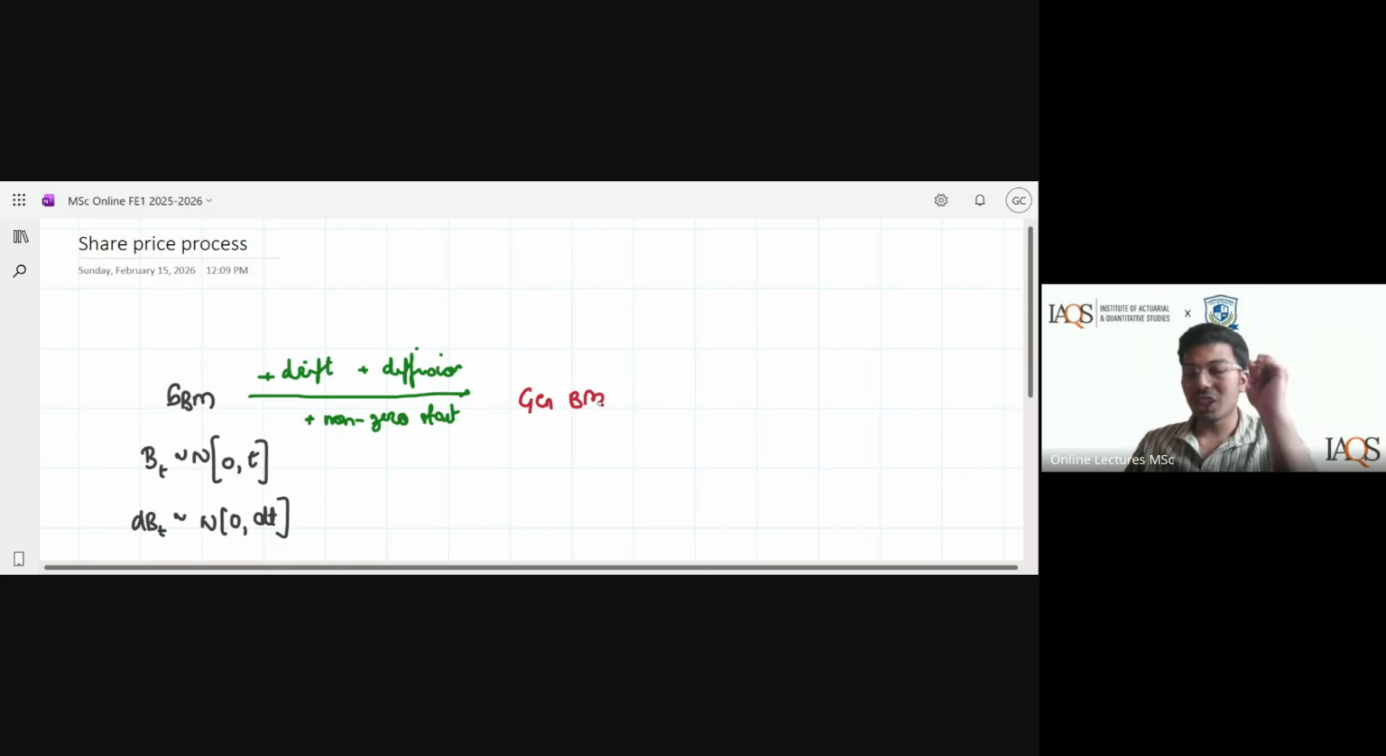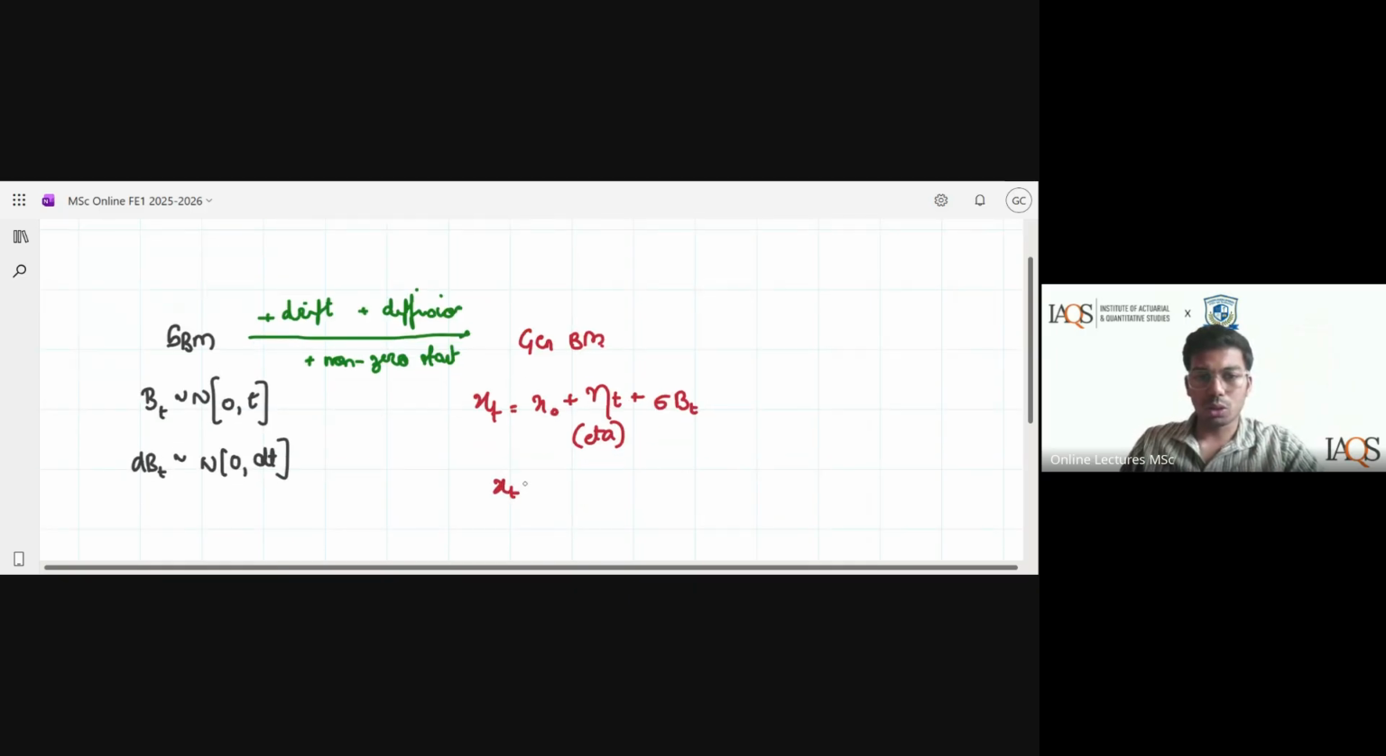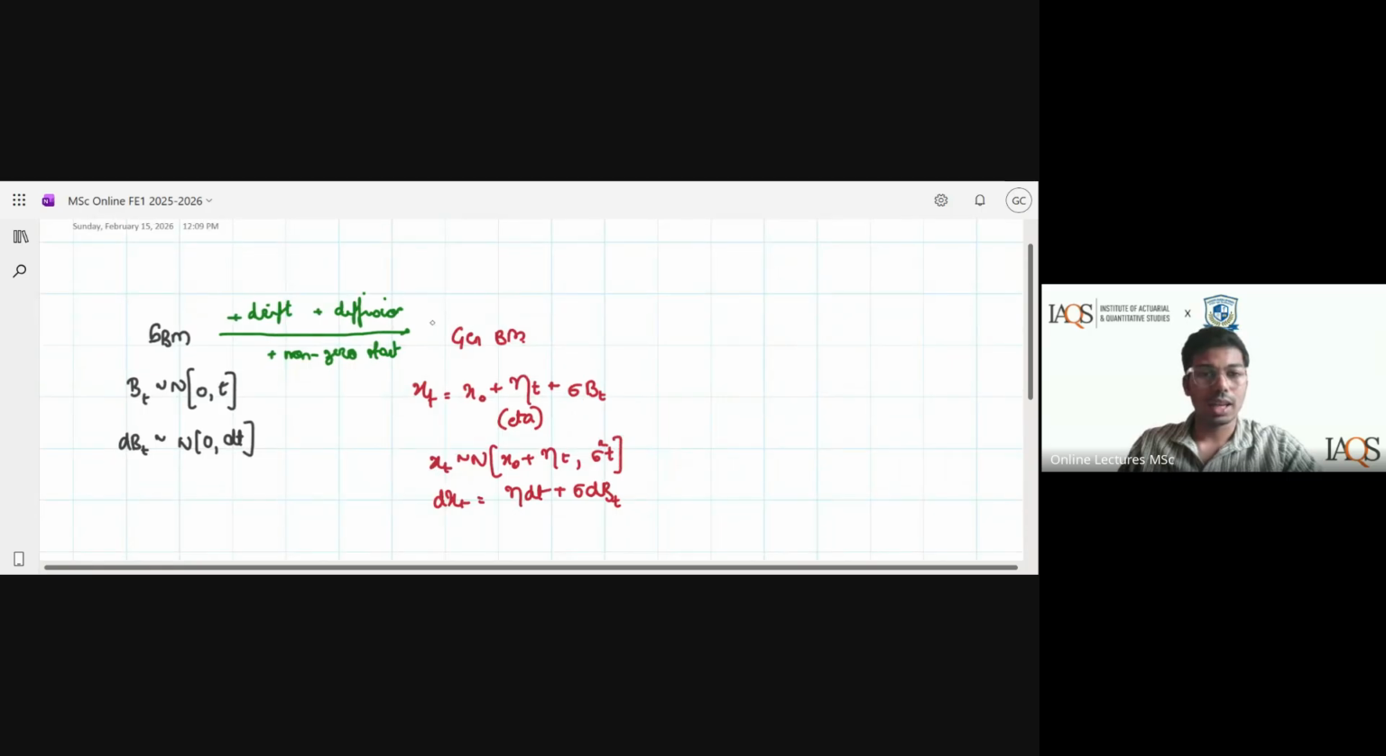Now, for the purpose of this special case, we'll write the drift parameter of Xt as eta, because mu is getting used one more place further in the derivation. The drift parameter of general Brownian motion will now be called eta. So I know Xt will follow normal distribution with parameters x0 plus eta t, comma, sigma square t. And dXt will ideally be equal to eta dt plus sigma dBt. These are my properties of general Brownian motion. And finally,